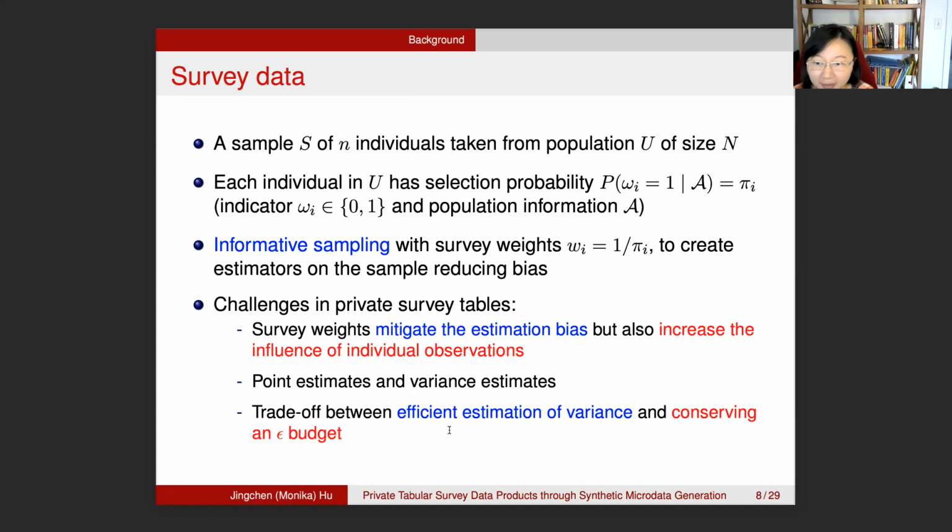And the informative sampling with survey weights, which you can see that the weights are inversely proportional to the selection probability. This is very typical, that you create estimators on the sample so that you can reduce bias. And if you're working now with differential privacy and trying to provide differentially private survey data with survey weights, there are a few challenges I just highlight over here that we're trying to figure out and also trying to propose our method